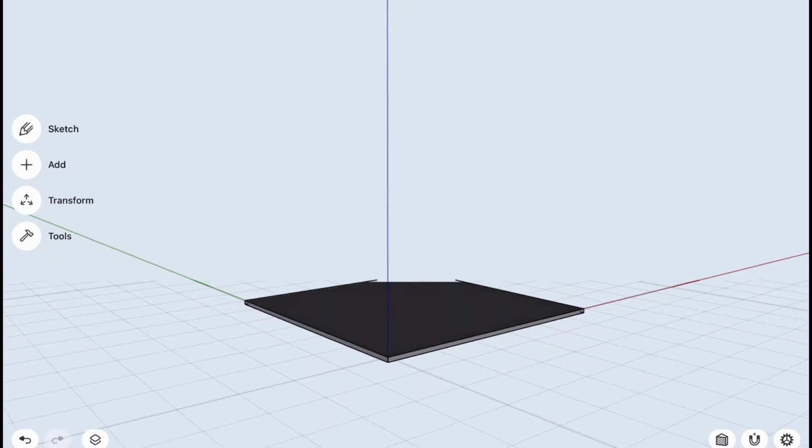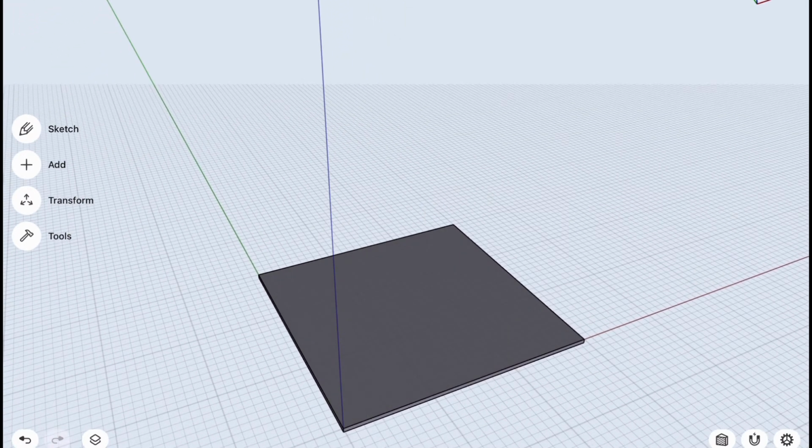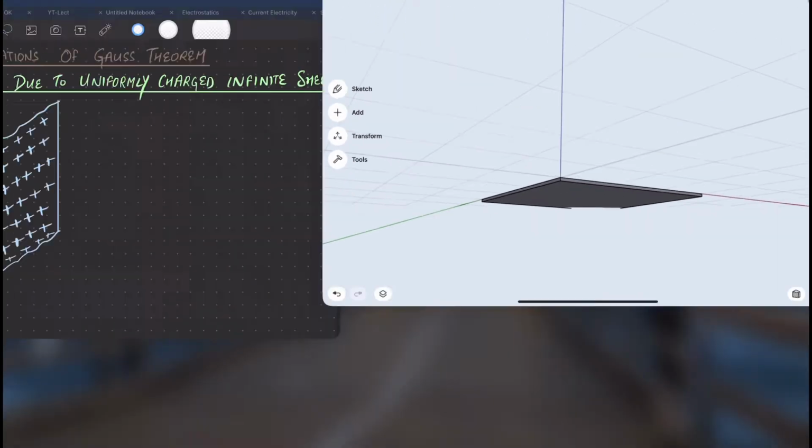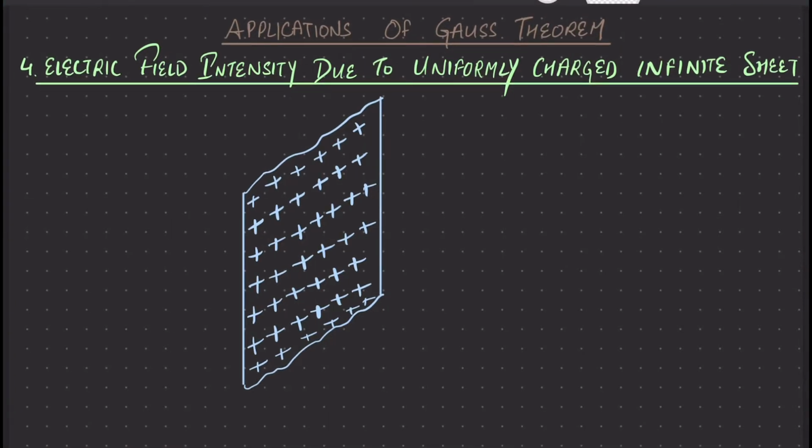but the electric field lines will leave the surface from this gray colored face, and it will leave in the upward direction, and on the other face it will leave in the downward direction. So I have shown the sheet in this manner. Now we are having electric field lines which are leaving towards this direction, because we have kept the sheet in a vertical direction. That is why our electric field lines will leave this charged sheet in this particular direction, and on the other face it will leave in the outward direction.